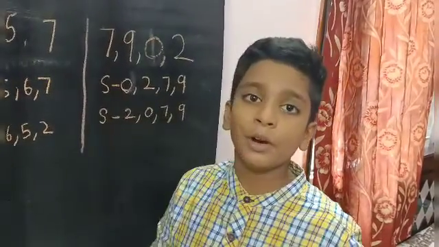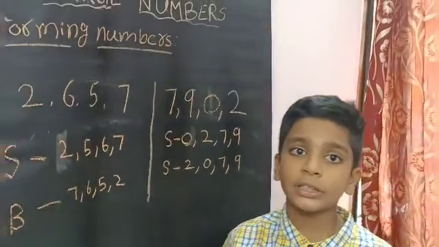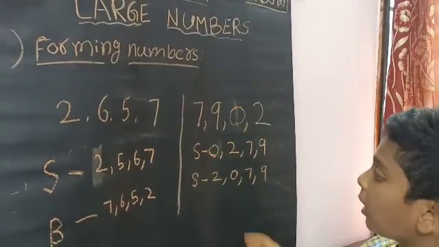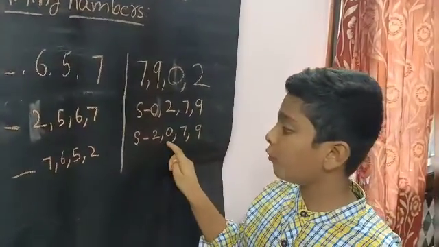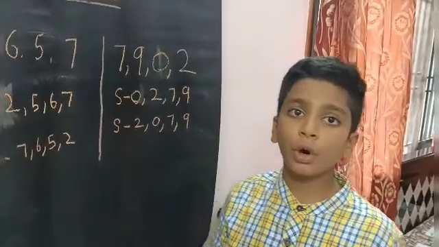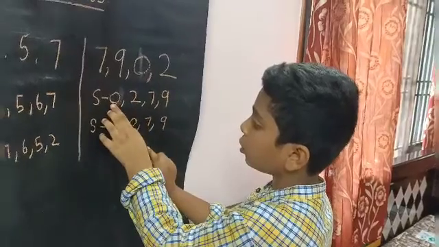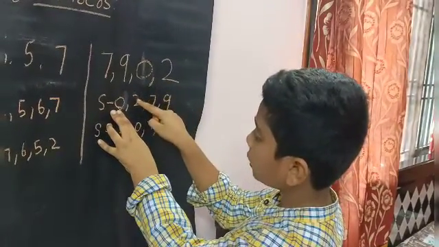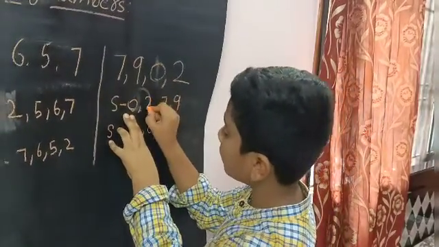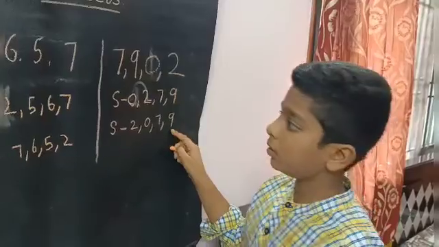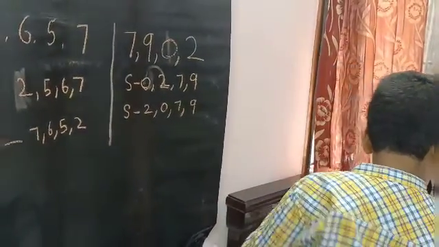No. Why? Because when you are writing these forming numbers questions, they will sometimes ask. They'll give a number like this, but they'll say, I want 0 to have a value. I don't want 0 with no value. I want value. Then see, here 0, here 2, no. So you should skip this 0's place and keep 2 in that place, and 2 should skip to 0's place. So both of these are correct. We'll take another example. First we'll write this, I don't have space.